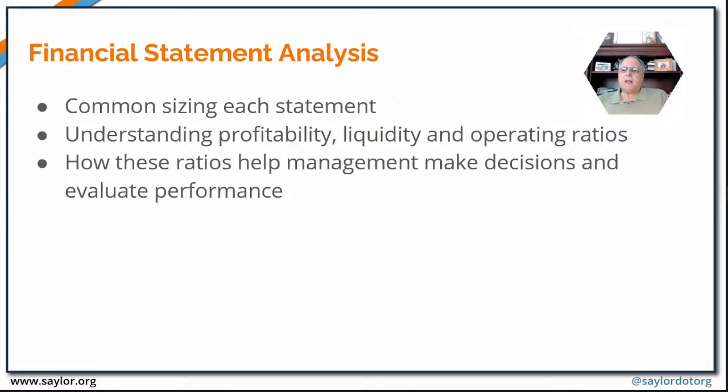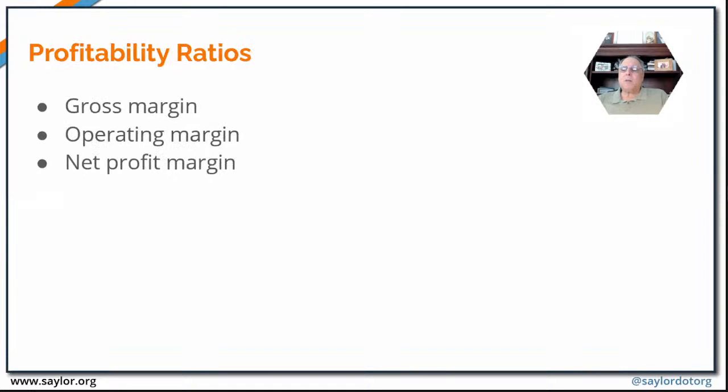So we're going to find that we can go into these statements and determine an awful lot about how our business is doing. So let's start with profitability. Now, just to make it a tad more complex, we're not going to talk just about net profit. Net profit, of course, is the bottom line. All right. So if you look at an income statement, you can take the revenue on the top, total income, subtract all the expenses, including any taxes, and you wind up with earnings or the net profit at the end